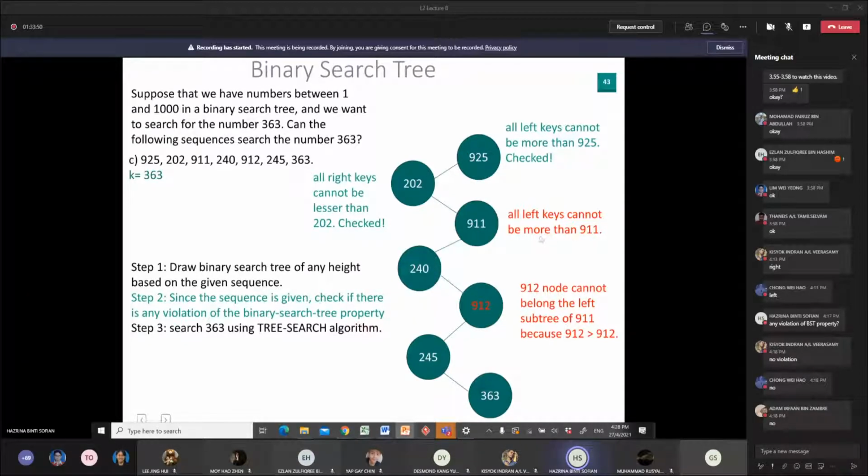all left keys cannot be more than 911, because it is on the left. But right now we have 912. So the 912 node cannot belong to the left subtree of 911. Okay, because 912 is bigger than 911, so it should not be on the left. So this is the disadvantage of BST, whereby